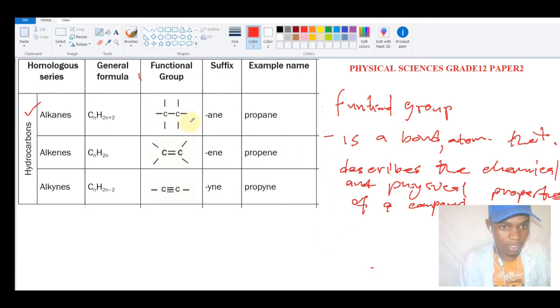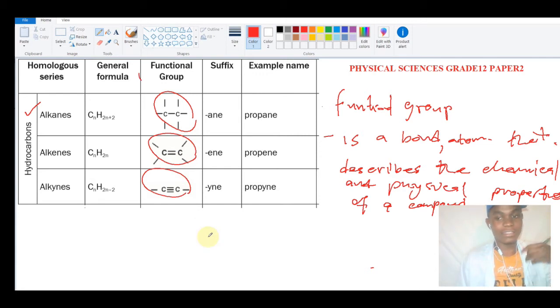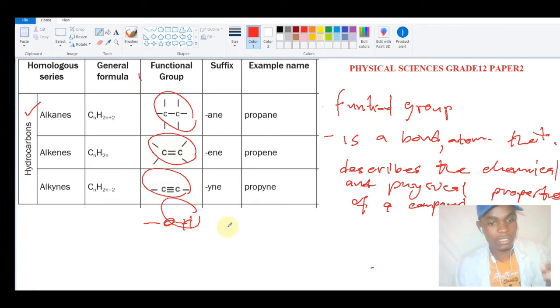As you can see here, this is a functional group, that is a functional group, and that is also a functional group. One of the most famous functional groups that we know out there is OH. OH is one of the most famous functional groups, and it is the one hand sanitizer is used for, to save people from the coronavirus. OH, alcohol, you see? This OH tells you this one is an alcohol. It will tell you that your compound is an alcohol, because you will see on your compound it has an OH. So it's an alcohol.